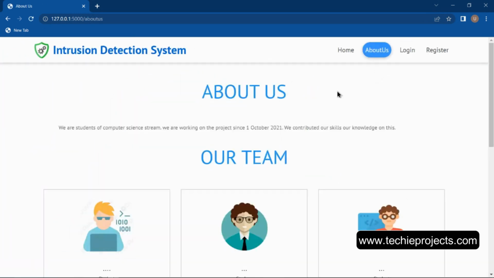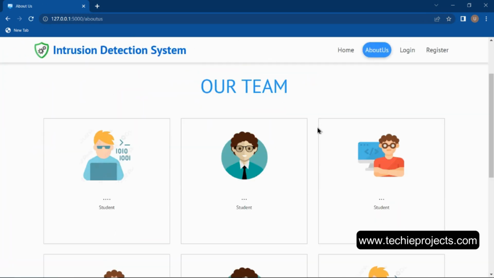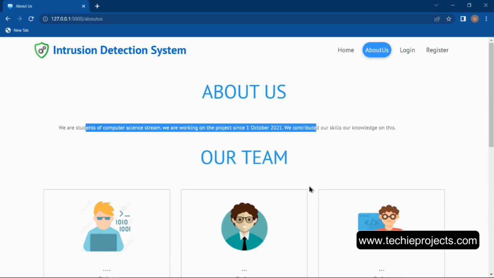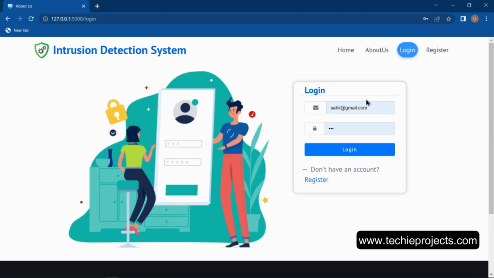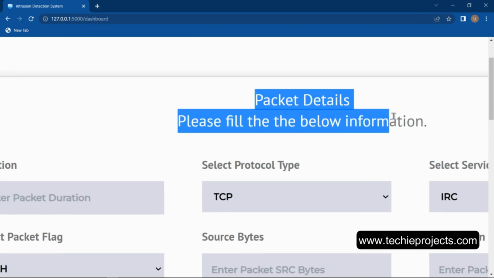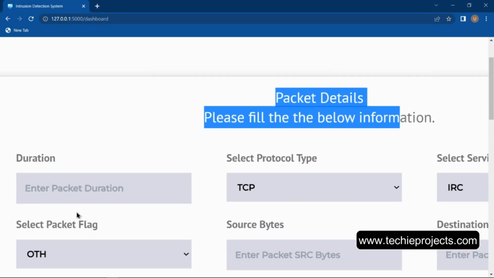This is the about us section and our team section. Let's scroll up and click on login button. So user have to enter the email ID and password and then click on login button. So it will open the home page where user have to enter the packet details